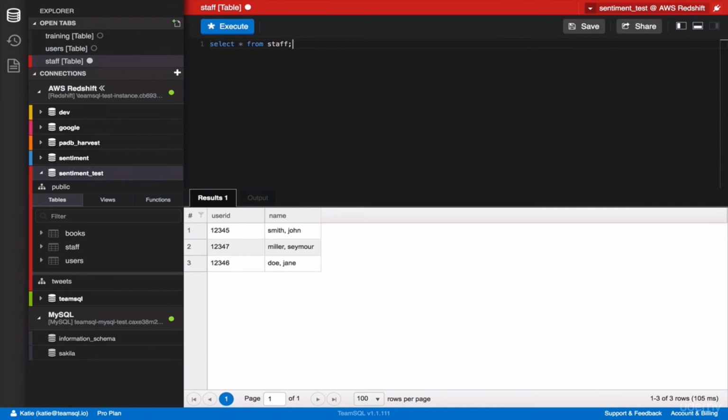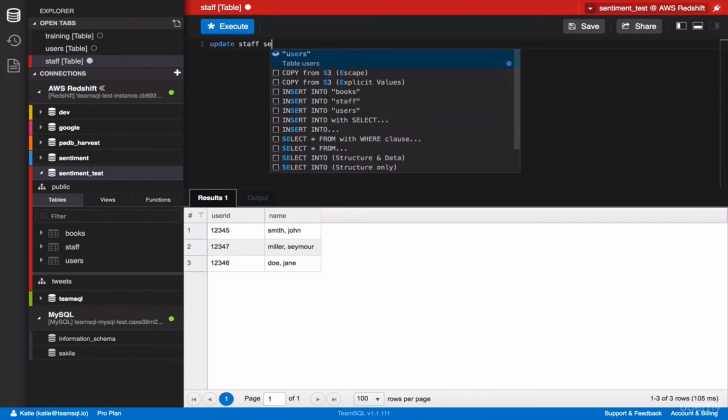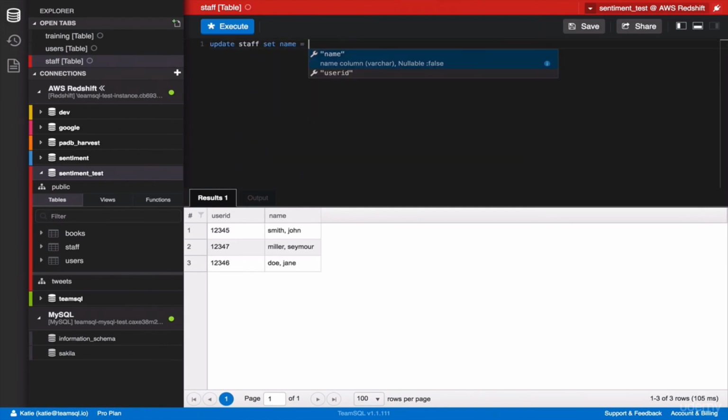But one of the benefits of a database is the ability to easily find and update your data. So let's say that Jane gets married and needs her last name updated. We can do that by identifying her row and changing that value. UPDATE staff SET last_name = 'Miller' WHERE user_id = 12346;